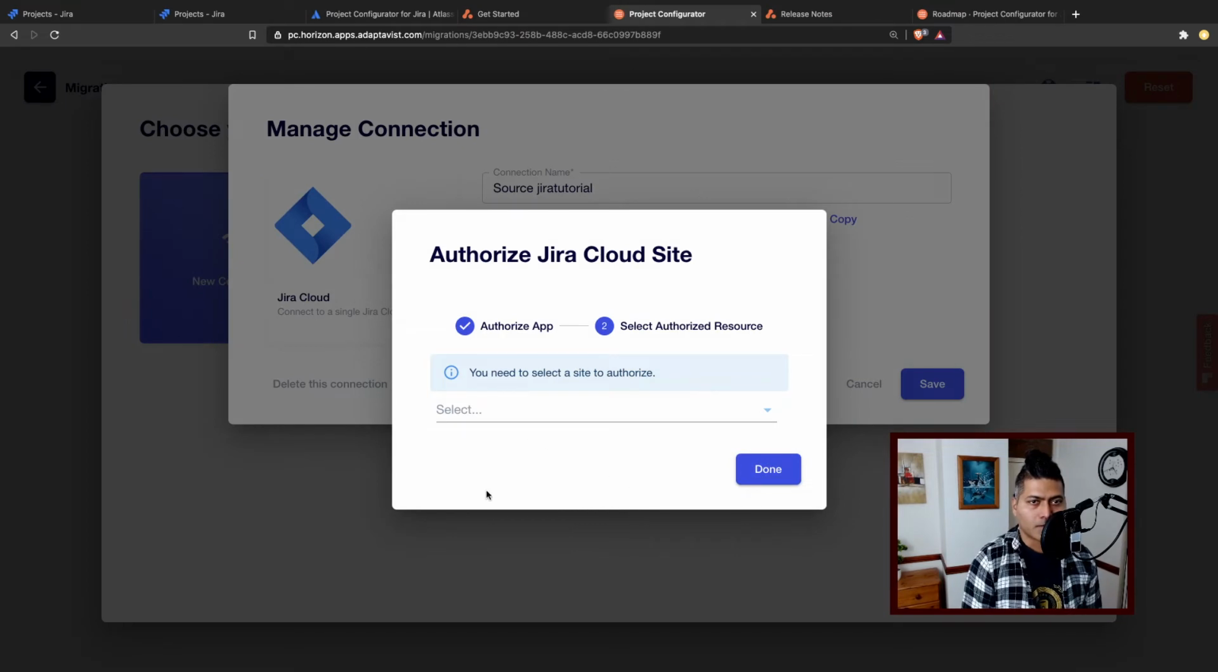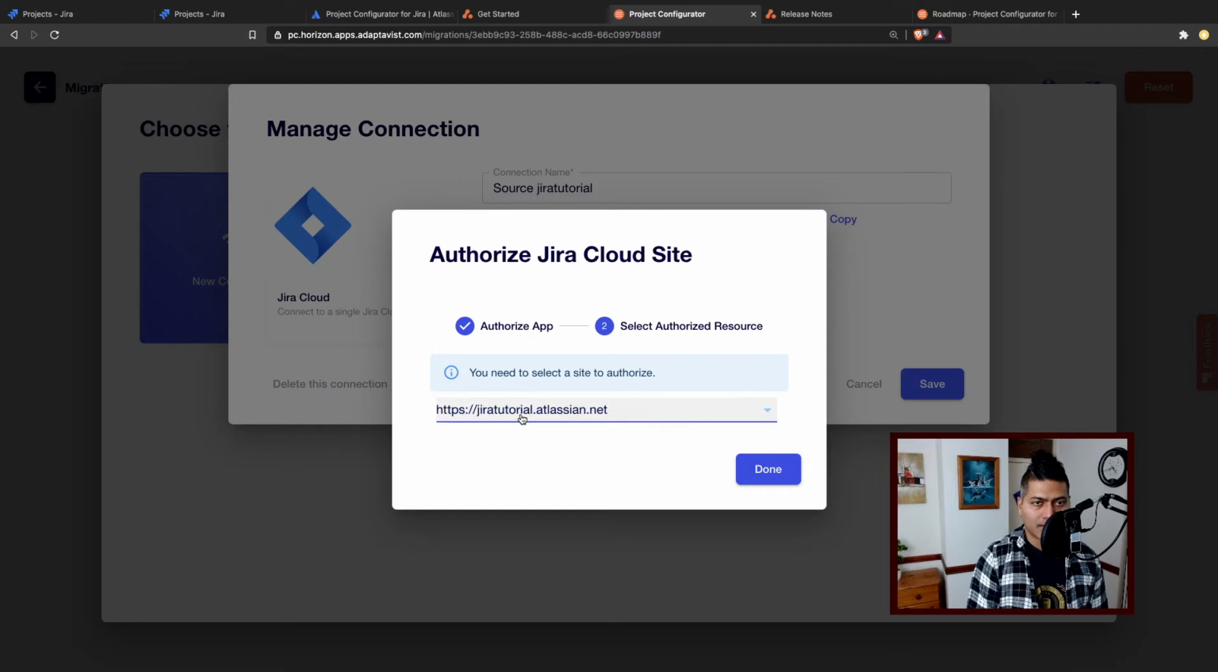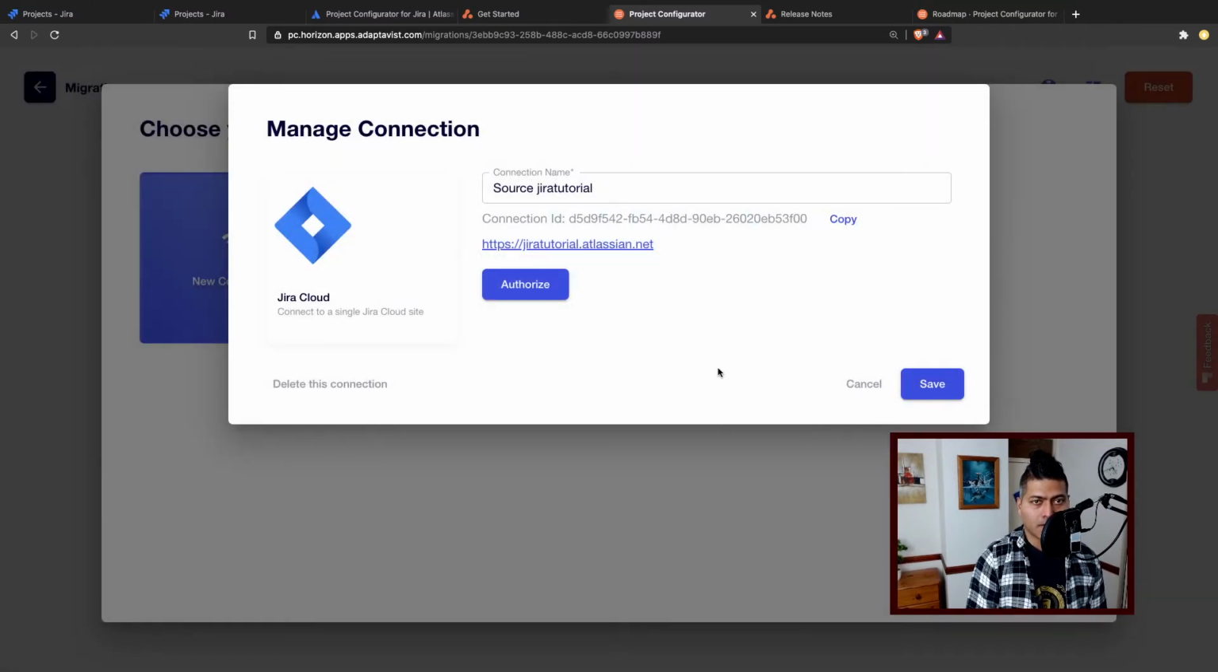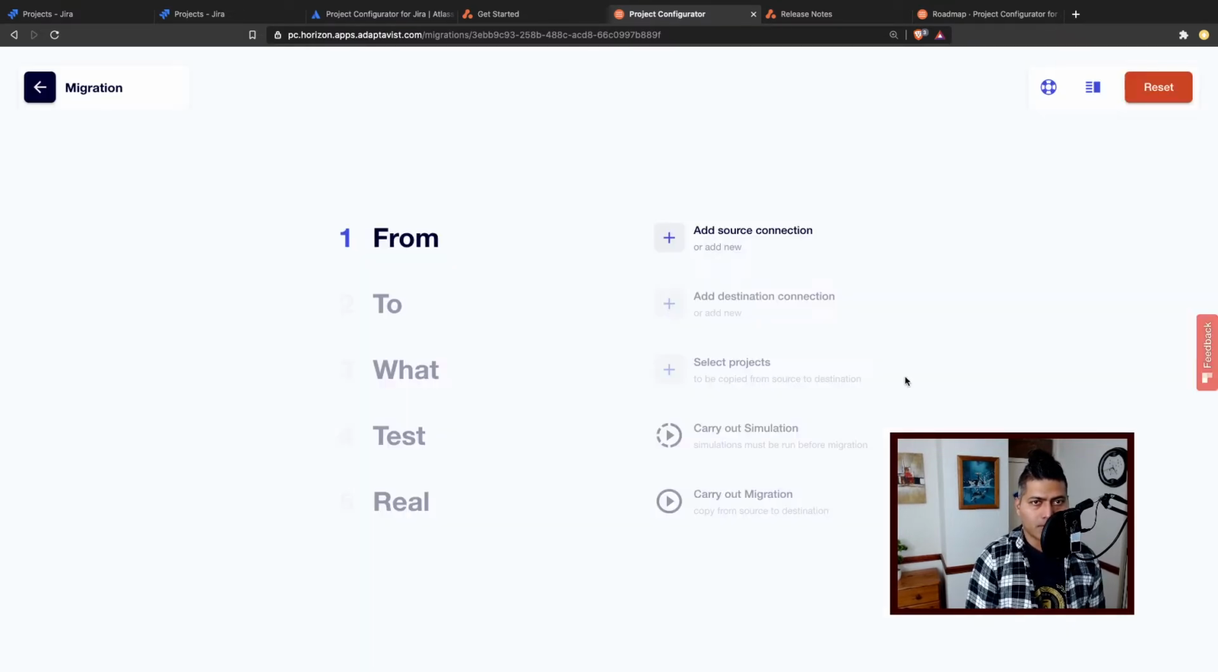and then it will ask you to select the site that you want to authorize. So I'll probably select my site, which is listed here. I can show it to you, nothing to hide. So it says my source instance, and the name of the URL is jiratutorial.atlassian.net. I'll select it, done, and I believe I can now save it. Okay, so this is fine, great, and we hopefully have this source,